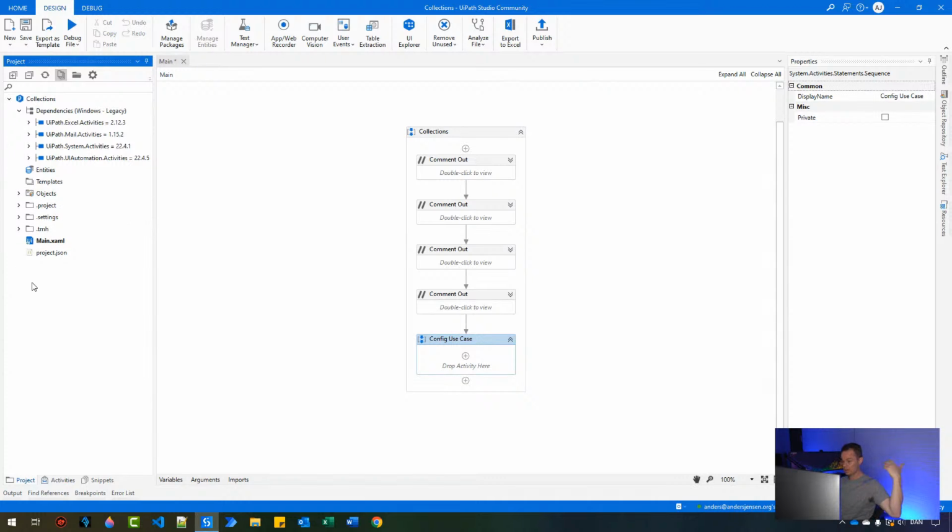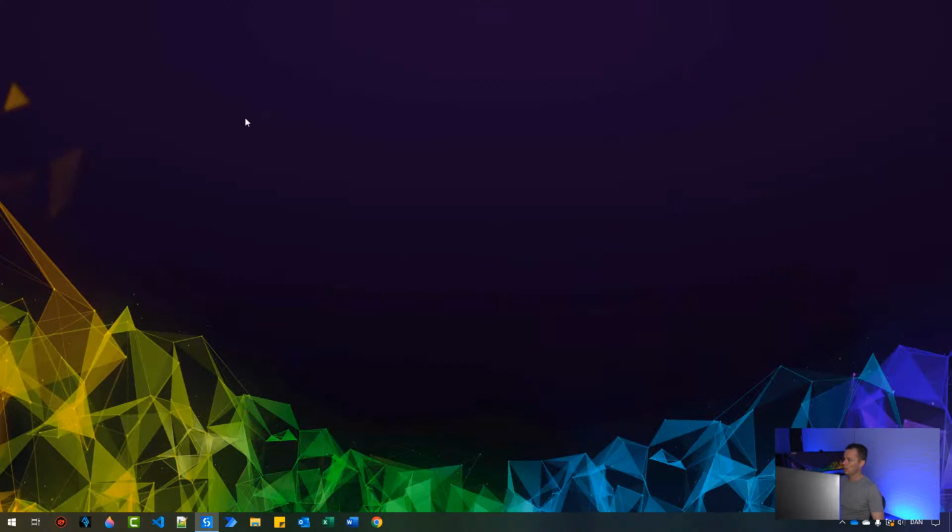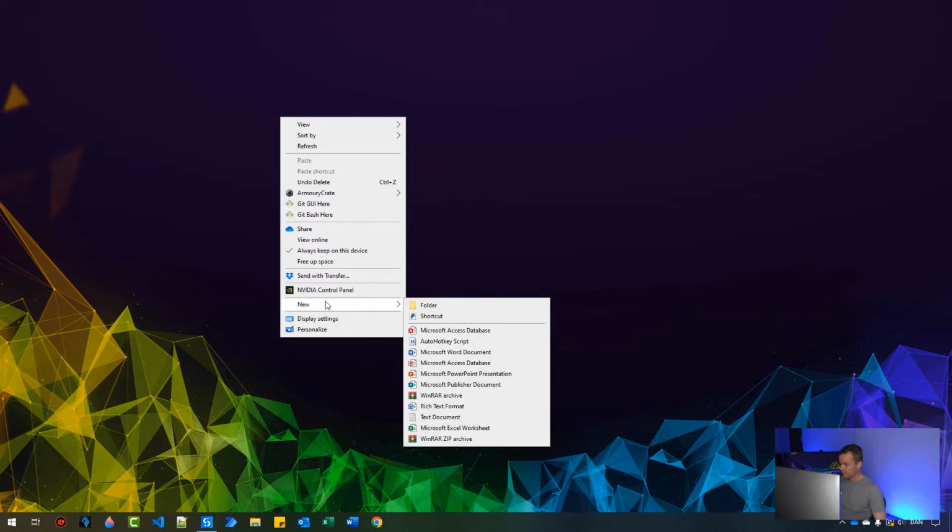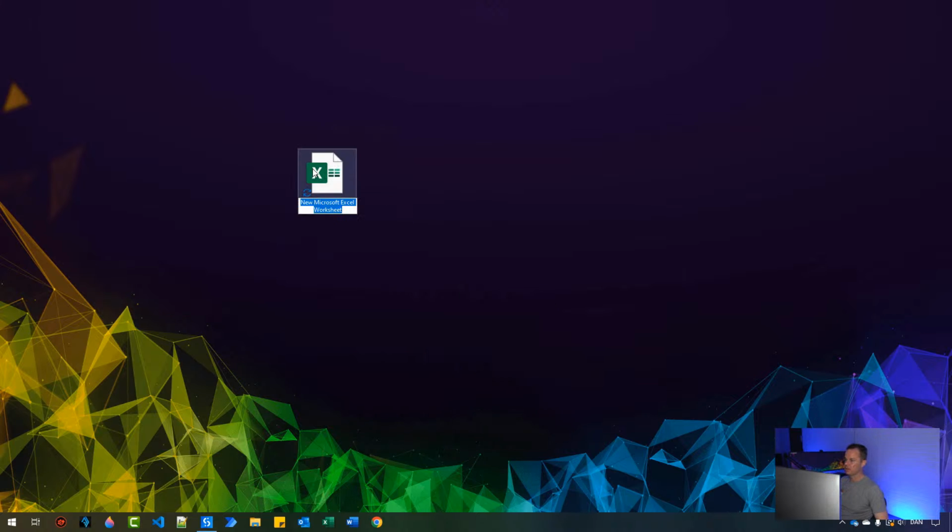That's where I store an Excel sheet. The intuition here is that I'm going to read an Excel sheet with config data and use that in my robot with a dictionary. And that's the way you do it in the REFramework per default. So what we need to do here is create a config sheet. So I go to my desktop, new Microsoft Excel worksheet. I'll call this config like this, and I'll open it